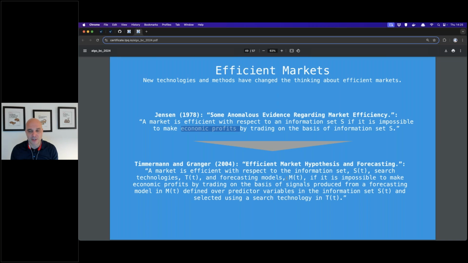The market is efficient with respect to the information set S, and here you see suddenly S of t, search technologies T of t, and forecasting models M of t, if it is impossible to make economic profits, right? You see here, it is in line with the original definition, by trading on the basis of signals produced from a forecasting model in M of t, defined over predictor variables in the information set S of t, and selected using a search technology in T of t. So you see, this is a much more general